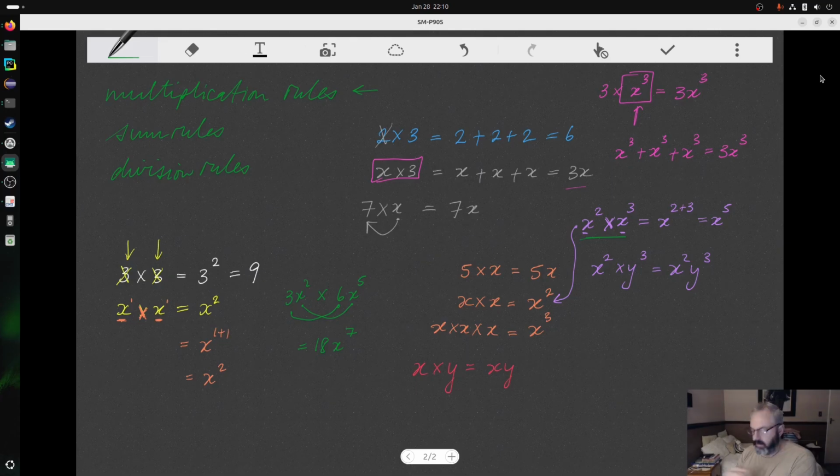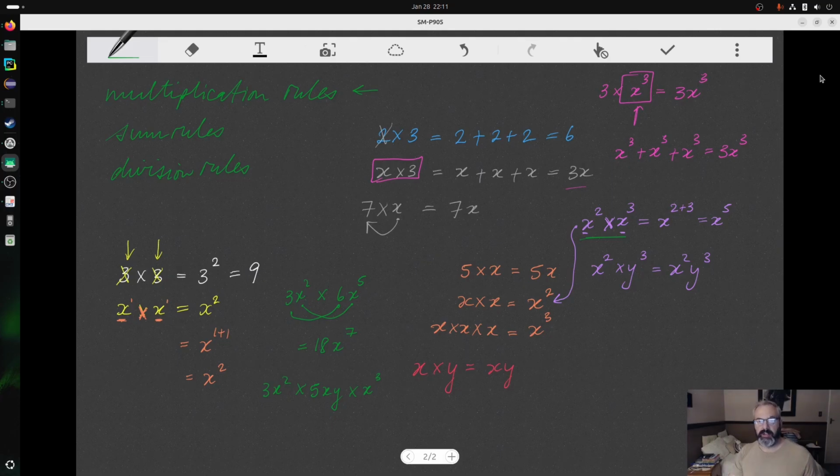Easy peasy. What do I get when I have 3x squared multiplied by 5xy multiplied by x to the power of 3? What do I get now? Okay, let's see. We notice that it's a multiplication calculation and there are different terms. Well, terms is not really the right word, because just now I said terms are separated by pluses and minuses. So if you picked that up, good for you. I made a mistake there and I do apologize for it. We don't have terms here, but I just said terms because there are 3 different parts that we multiply together.